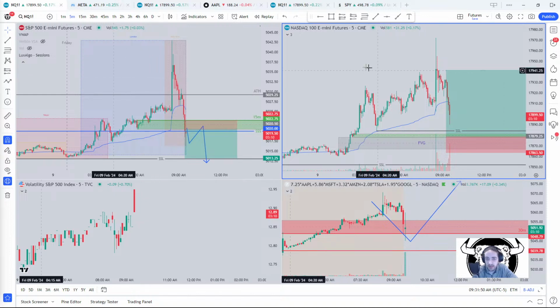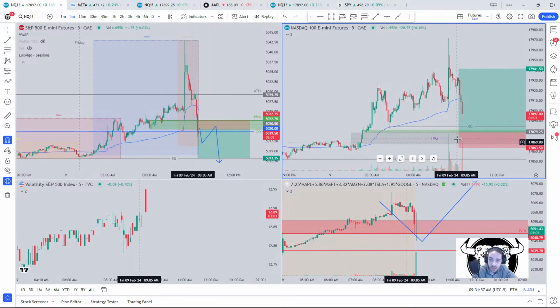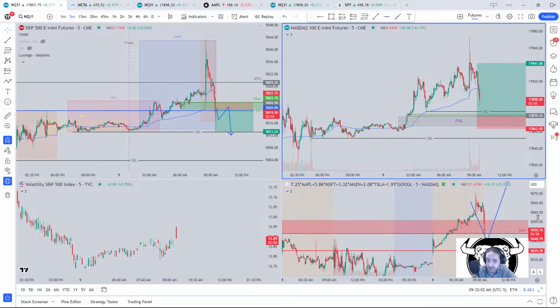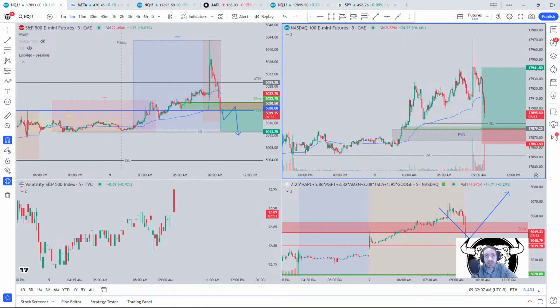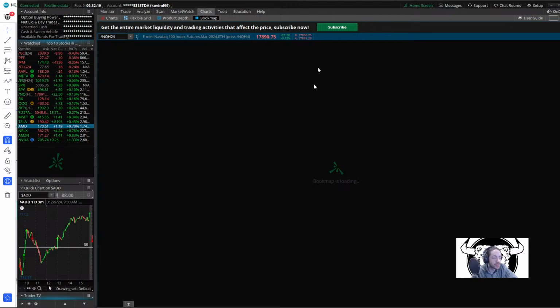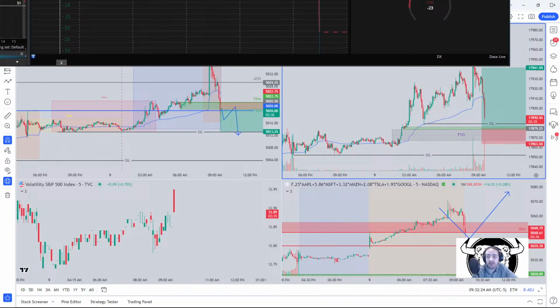But we will see too, because remember, if we're grabbing some longs down here, I want to see that bit of a pushback first, because I also don't want to be going long when sellers are clearly trying to push us lower. So with the weighted indice holding at this support zone, again, we are going to be looking for some long positions on the NASDAQ with appropriate buying pressure. I'm going to see if TOS still has NQ Bookmap, which it does. I want to see that buying pressure when we get to that level.